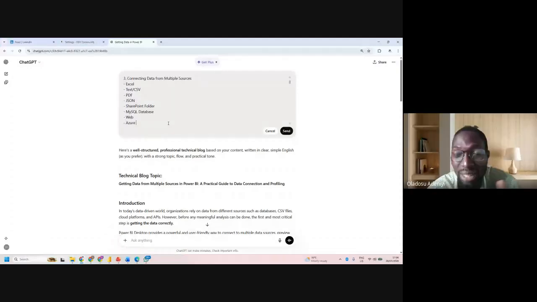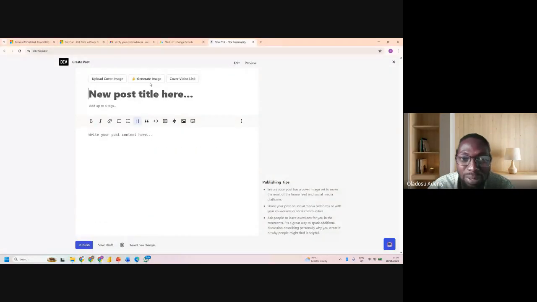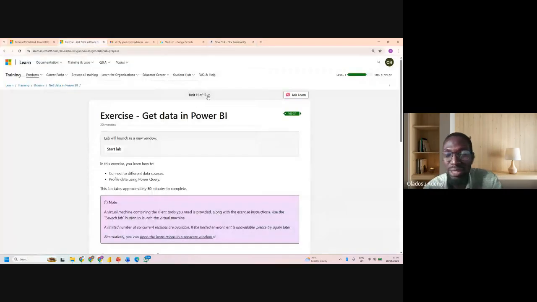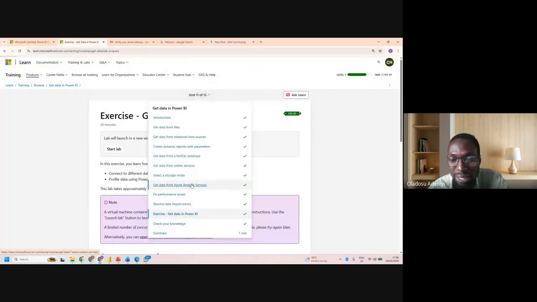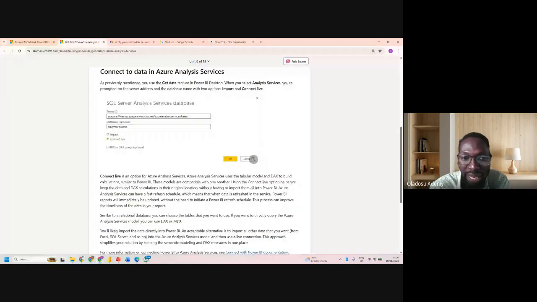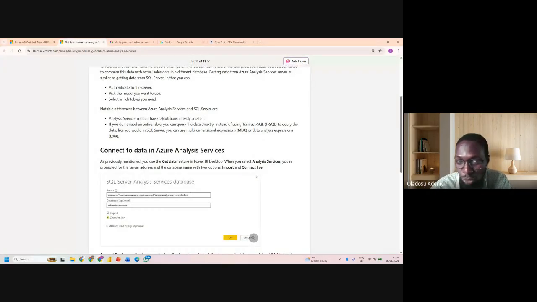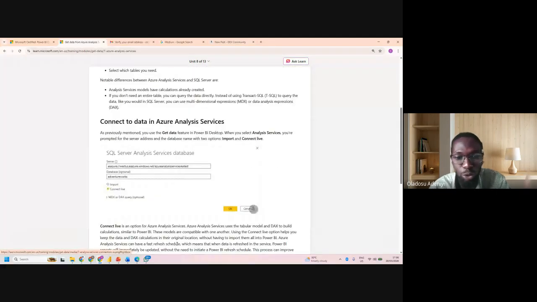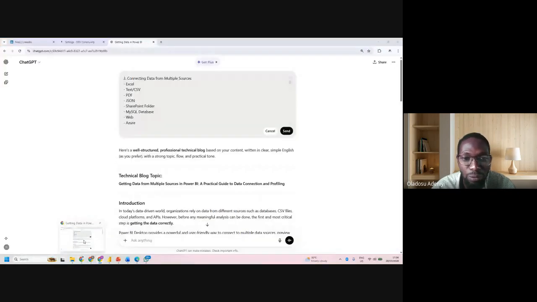So, even though you don't have data, guys, what are you going to do? You can go online and get all the pictures from all these places, from Azure Analysis Service. Go and get the pictures, guys. You just assume get data, download it. So you come here from Azure Analysis Service. Let's confirm from here.